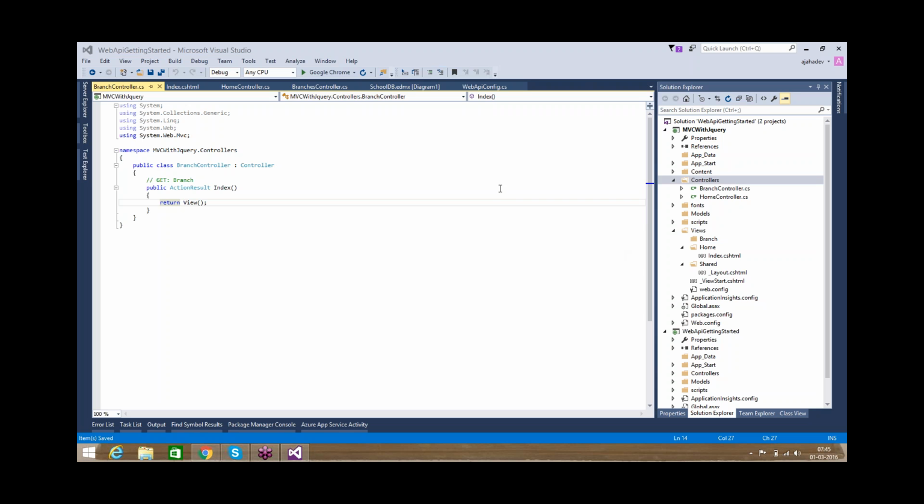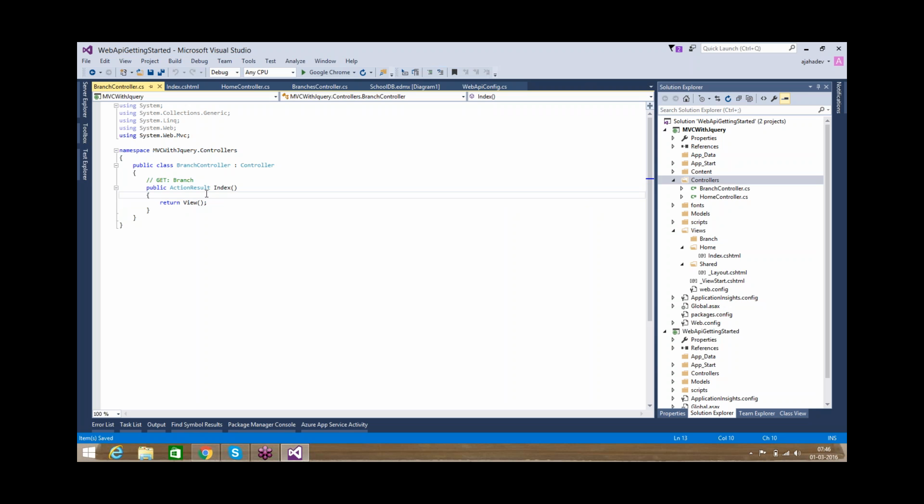So today we are going to discuss jQuery and MVC Web API, and how to communicate between these three and how we will use them. The same example we worked on in ASP.NET, the school database management, we will work on the same sample application, the normal way we follow in our day-to-day life. Just create a branch controller and return the view,